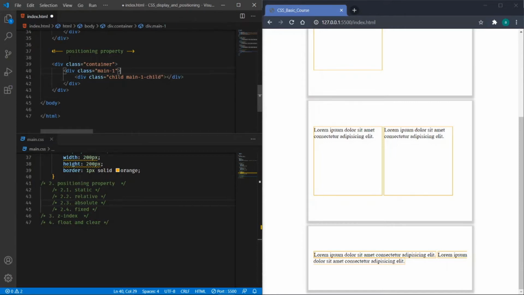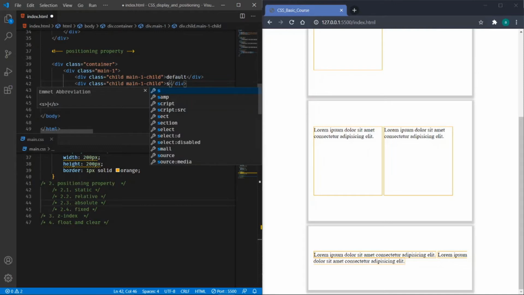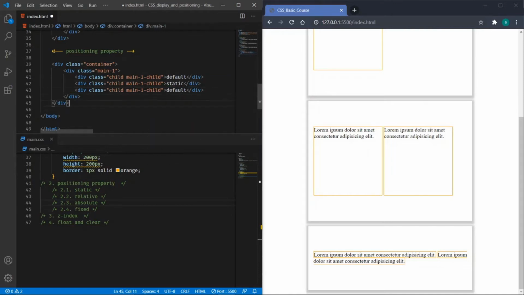What I'm planning is to place 3 child elements and target the middle child for the positioning property. I will write the default value for the div, second and third child. As we are targeting the middle one, I will write static.